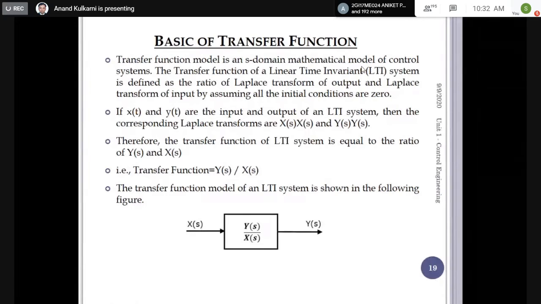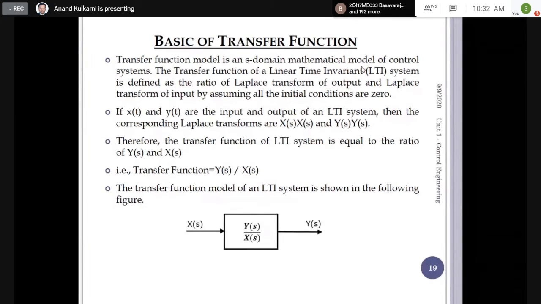Suppose you are explaining a system whose mass is not constant, then it becomes a non-linear system. Similarly, if you are talking about a system where osmosis is taking place, those are all partial differential equations, not ordinary differential equations. The partial differential equations cannot be considered here. So they have to be linear differential equations only.